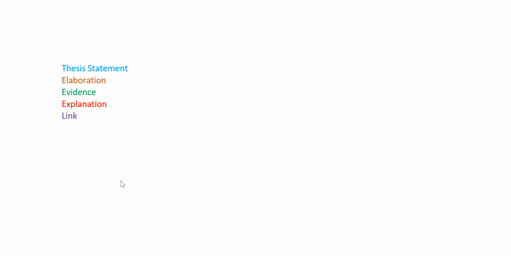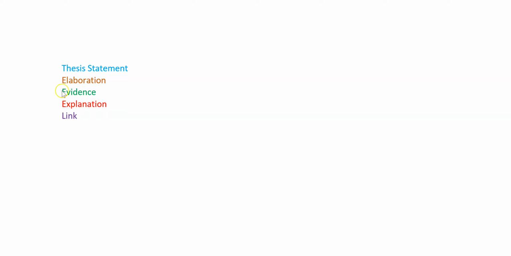Hello, today we are going to learn how to write a TEEL paragraph. There are many different ways of writing a TEEL paragraph, and you may know it as PEEL as well, and many other ways. The important thing to remember is that all these paragraphs follow the same structure, but your teacher may have given it a slightly different name. So we are going to look at the TEEL paragraph,